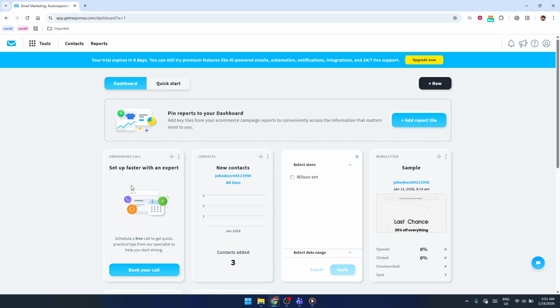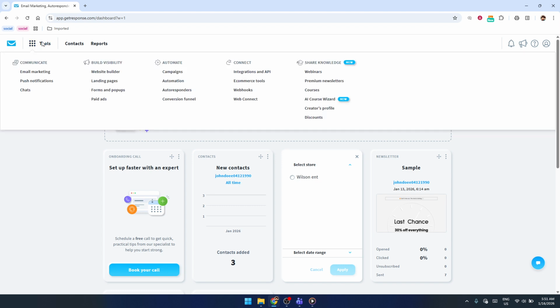First, log into your Getresponse account and head straight to your landing pages. At the top of the dashboard, look for the section labeled Tools. Click on that, and from the drop-down, choose Landing Pages. This will open a list of all the landing pages you've created in your account. Find the specific landing page where you want to add your privacy policy, then click on Edit Page to open